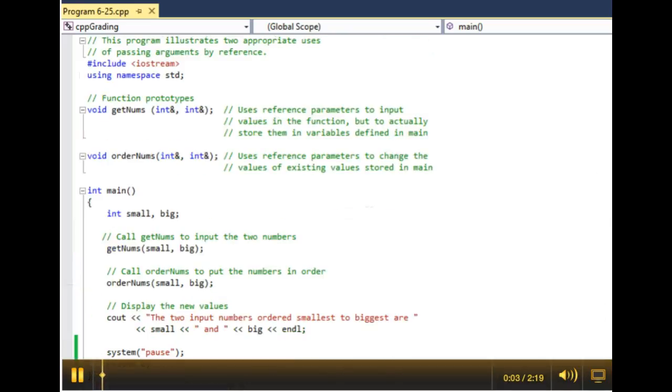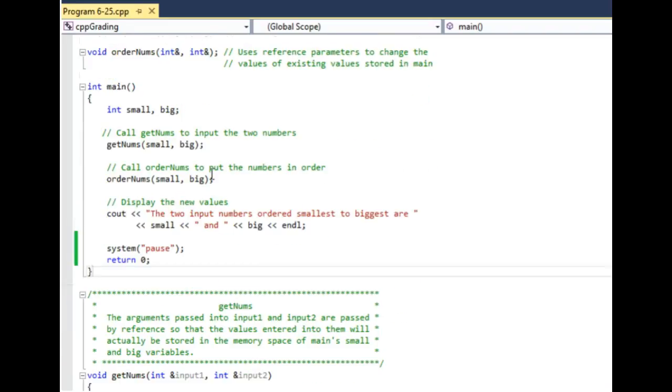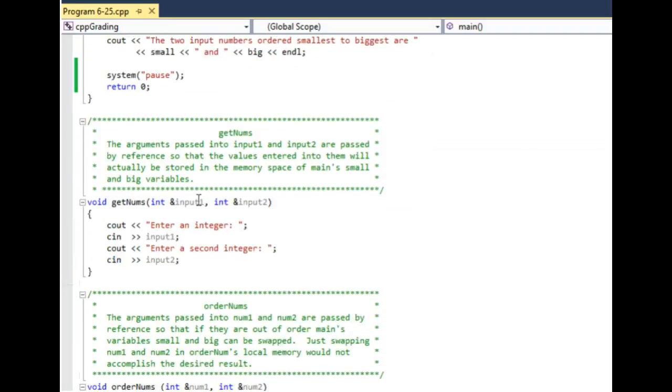Okay, here's a good example of some functions where you should be using reference parameters. The first here, getNums. In this function, you're asking the user to enter two integer values. So you need to get those two values, store them in variables, and return both of them back to the